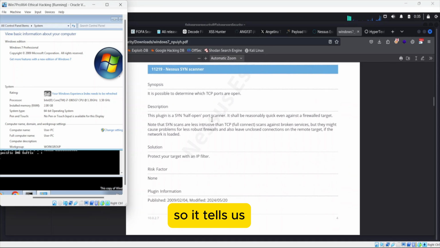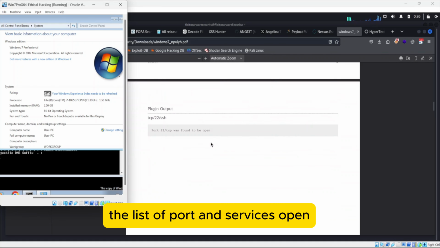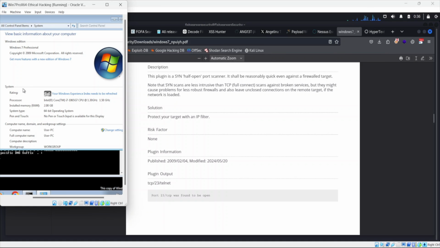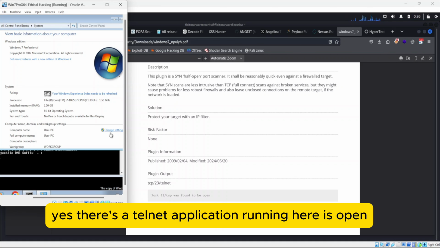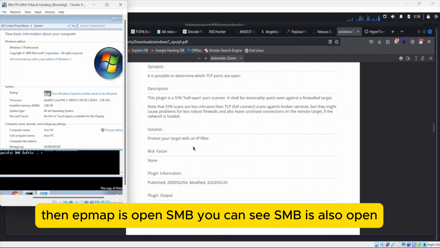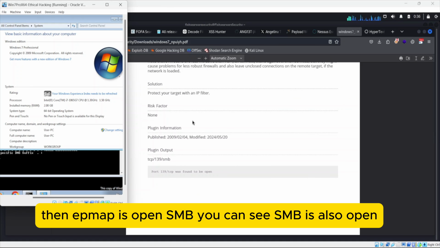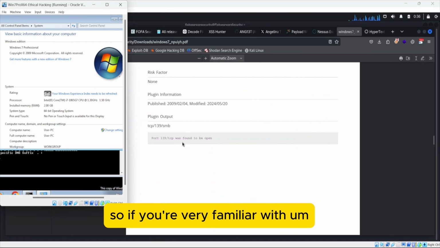So it tells us a list of ports and services open. The SSH port is open, and it also tells us the TCP port, Telnet. Yes, there's a Telnet application running here. It's open. Then Nmap is open. SMB, you can see SMB is also open. So if you're very familiar with